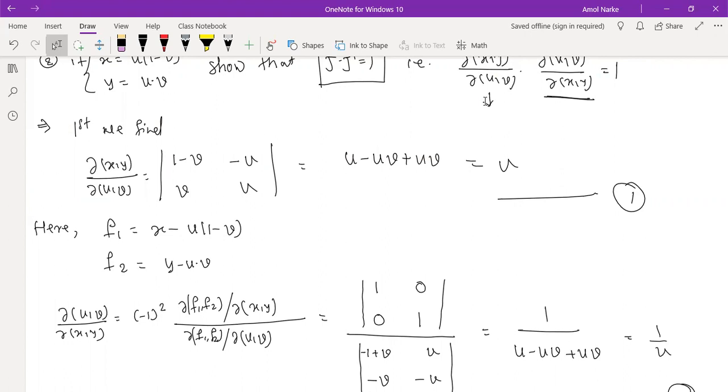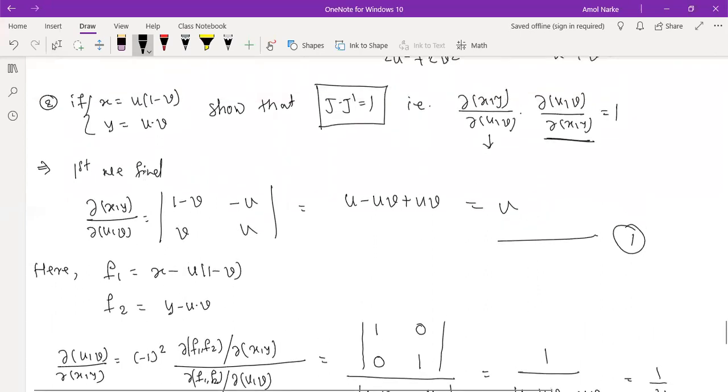Sir, in the Jacobian of xy with respect to uv, how is it minus u? Okay, here you are talking about that term, which is nothing but x with respect to v. Am I correct? Yes, sir. So you multiply that u inside, and here you are getting minus u into v. But you are differentiating that term with respect to v, so this becomes 0. So minus u remains. Okay, sir. Thank you, sir.